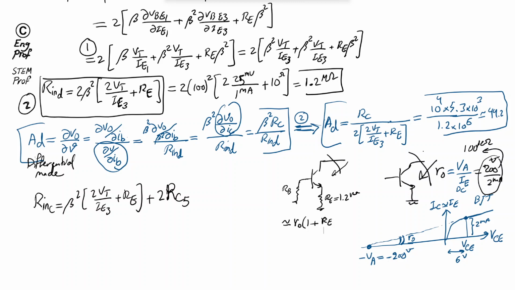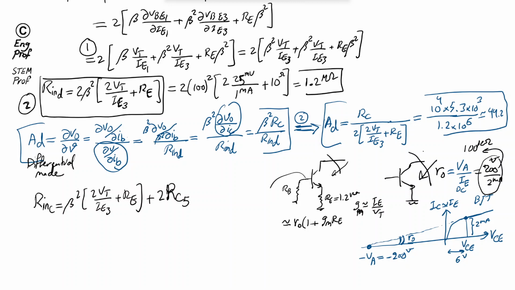GM RE, or GMRE. GM is the transconductance of the BJT transistor, which, as I briefly mentioned, depending on the DC bias, is going to be roughly equal to the DC current IE divided by the thermal voltage. So if it is 2 milliamp divided by 25, it's 2 over 25. So GMRE